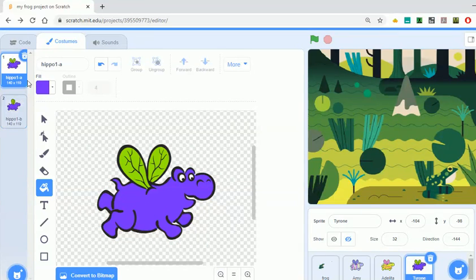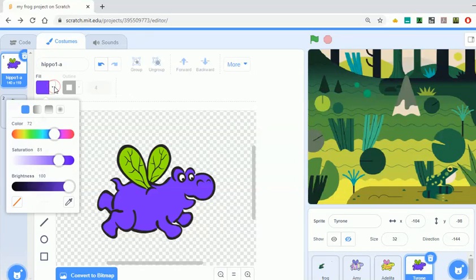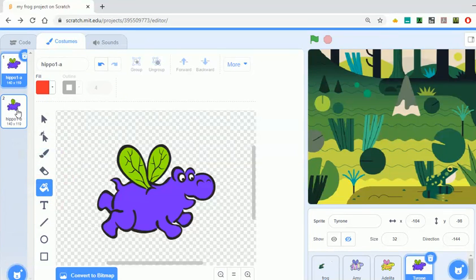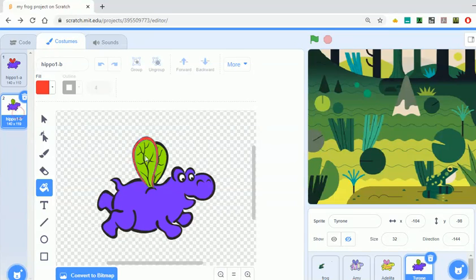And then I want to change the color of the wings to red. I pick the paint can, pick the color again in the slider bars, go to the paint can, and go to each costume, paint the can red,